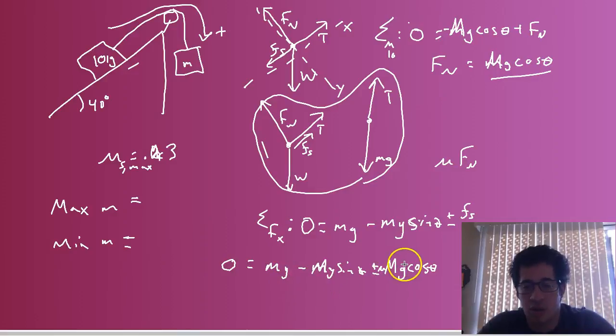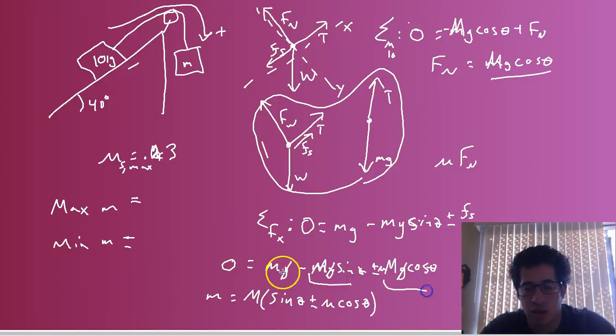So you see that we can drop g out of this equation since it shows up a couple times. And so little m is equal to big M times sine of theta plus or minus mu cos theta. I just did some simplifying, so I moved this and this over to the other side and factored out the m. And the plus and the minus here will give you the two different values for little m. So when I solve this, I get that m could be equal to, for the maximum value, 8.7 kilograms, and for the minimum value,